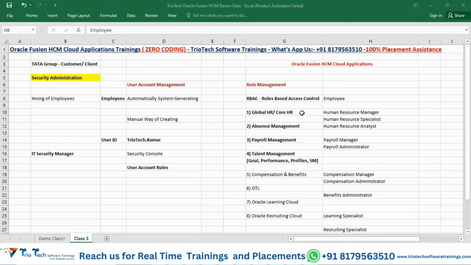So there is no single role that gives access to every functionality of an application. In that case, you have to create one custom role and merge all these privileges into it. But usually no one will do that. Why? Because in the Fusion system, based on the roles, the subscription cost will be decided for the client. Yeah, I know. Okay, got it. Yeah. So the licensing